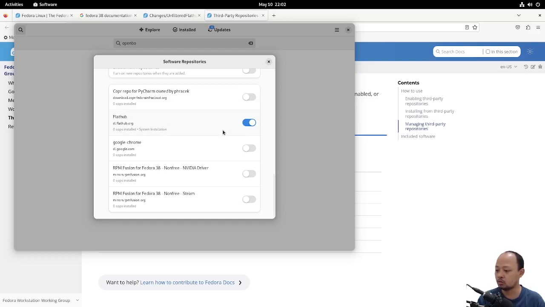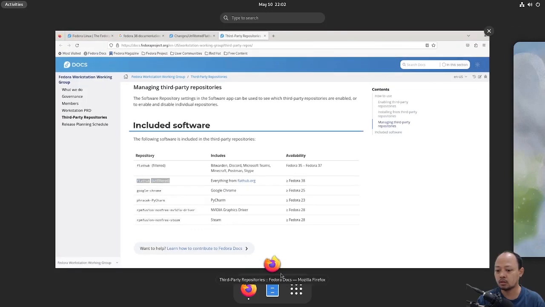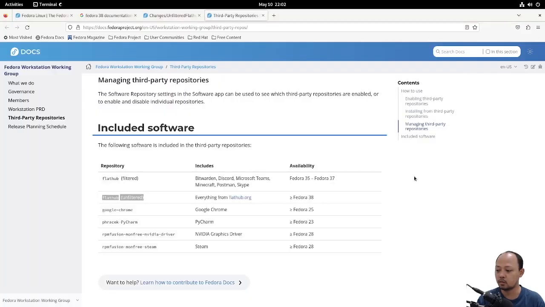So when we are using Fedora 37, we need to enable it manually by typing a command. I will close this first and then I will open the terminal.